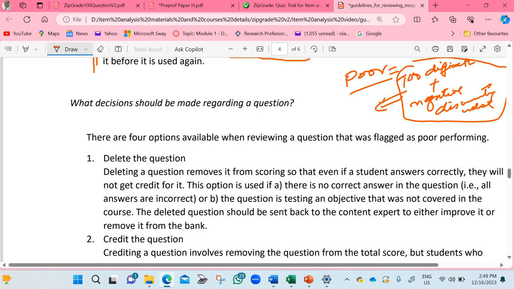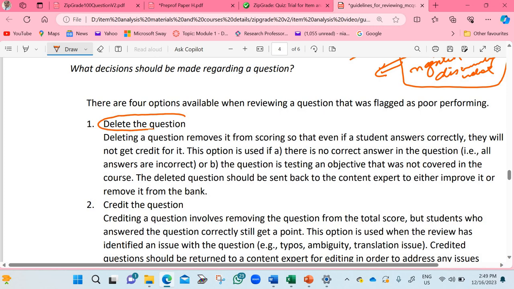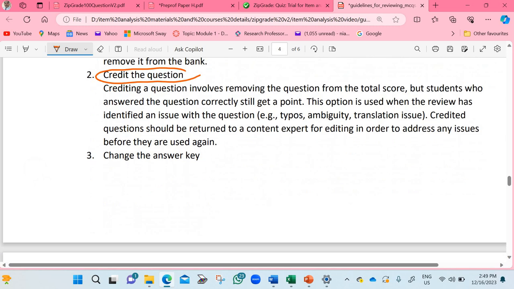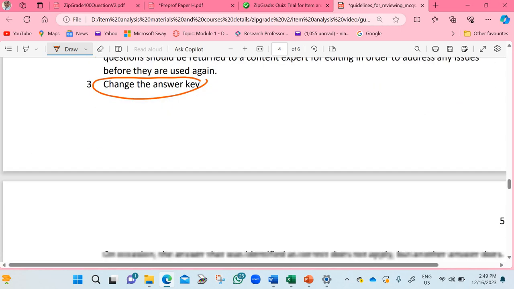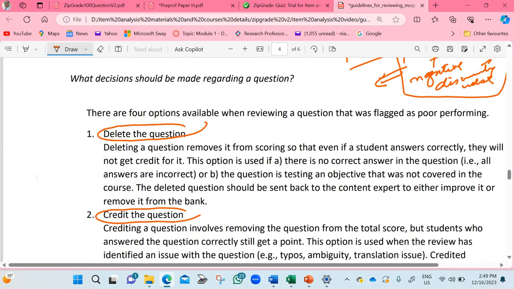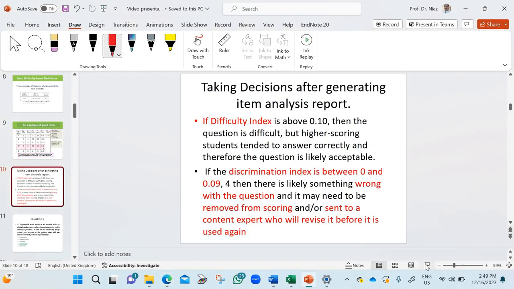But removal also needs a logic, and now the decision can be either to delete a question. The decision can be that you have to credit the question. The decision can be that you have to change the answer key. And the decision could be that you will keep the question for the examination. And the fifth decision is that you keep the question as such, and you do not need to take any decision. Now, you delete a question when there is no correct answer. So I will carry you back to my presentation, and in this presentation let me share